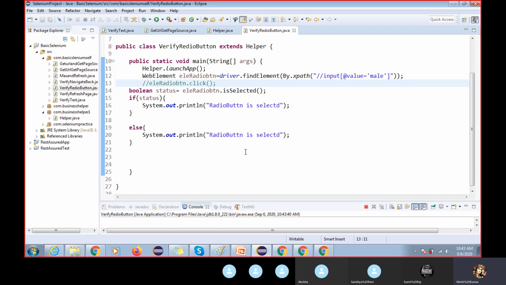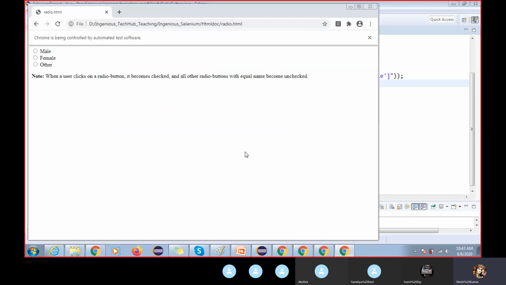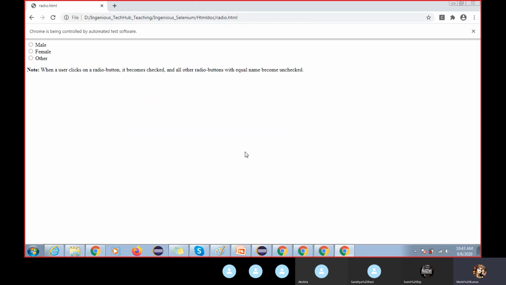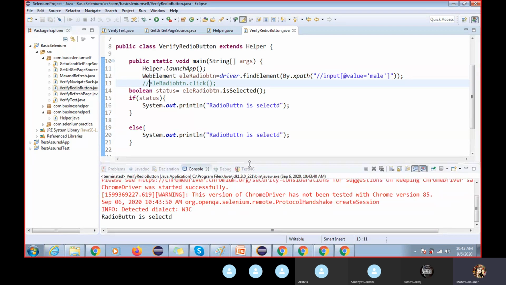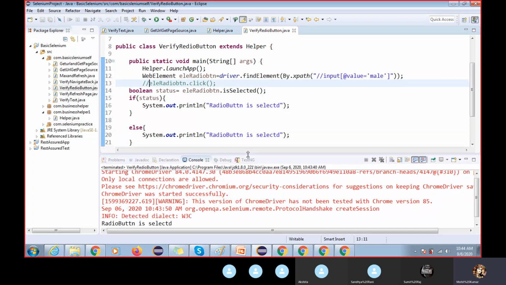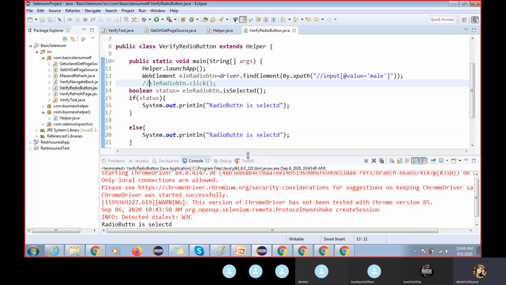We are not writing all these things, System.out.println and all, right? Now I'm not closing this also. Let me check what the output is. Radio button is selected. Okay, the message is the same for both, right? Not selected, right?